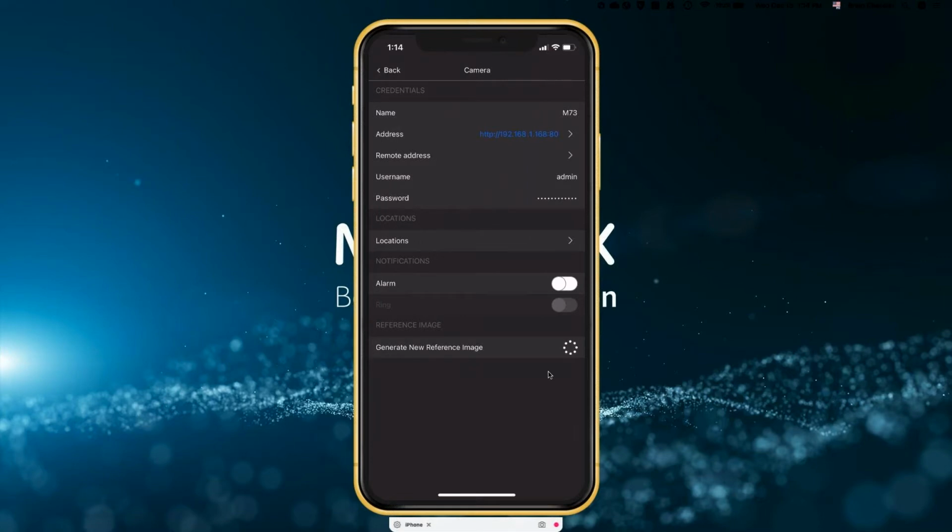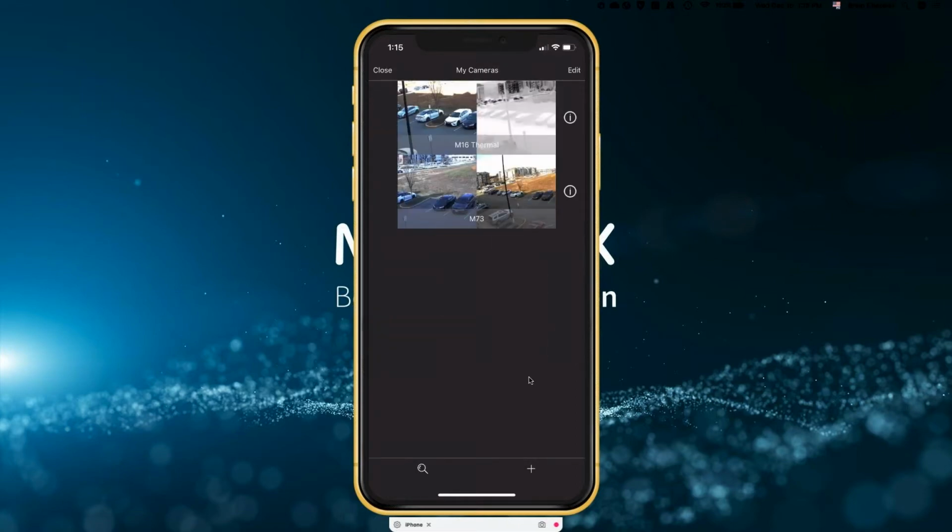And if I click that, you're going to see we got a little progress wheel here. It's going out, it's grabbing an image from that camera. Now it's not going to look any different to us when I hit the back button up here, because again, I haven't repositioned the camera. But if I would have repositioned this camera to somewhere else or taken it to another location altogether, that new reference image would be up here.